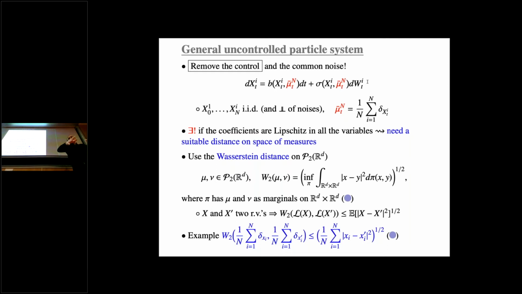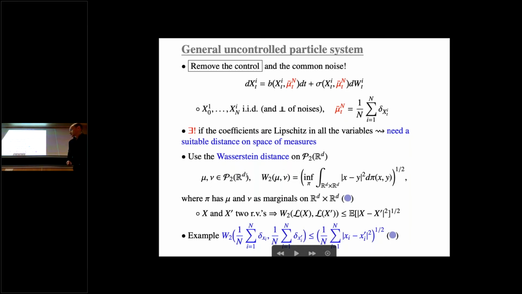So you will see that at the end of the day, we will work very often on the space of probability measures. And so clearly we need some topological properties, and so we need a distance on this. There are plenty of distances on the space of probability measures, but there is one class of distances that is very well adapted to our needs, which is the class of Wasserstein distances. And here I'm going to use Wasserstein for p equal to 2, because once again, p equal to 2 is very nice. There is L2 structure behind, so this is very convenient. So let me remind you the definition if you are not very aware of it.